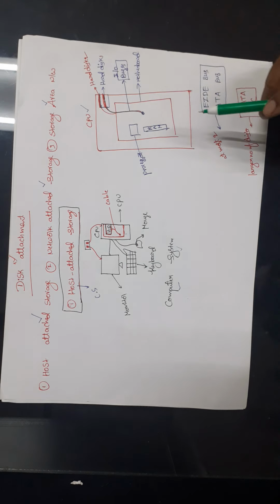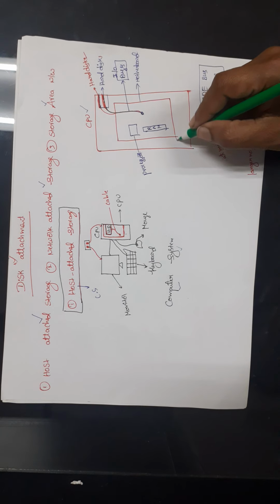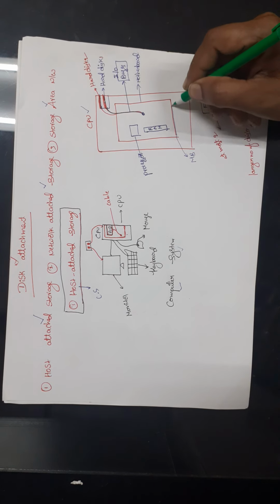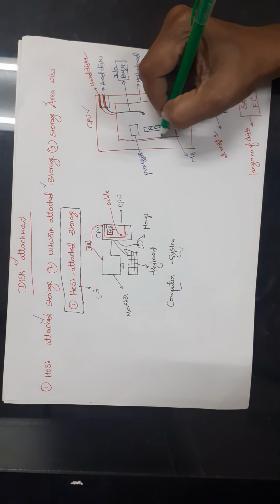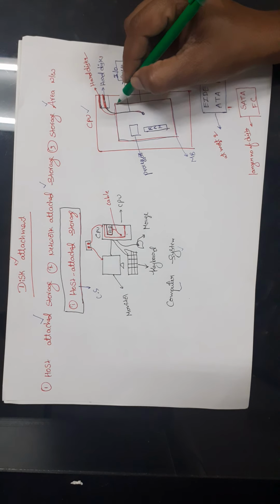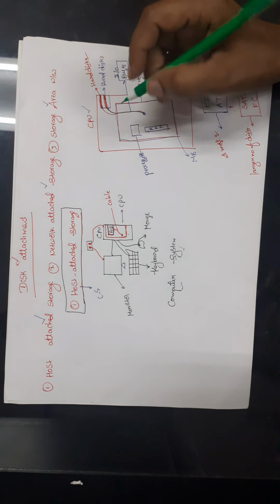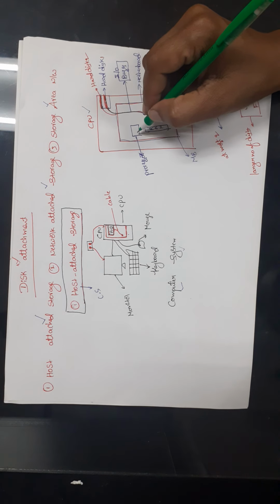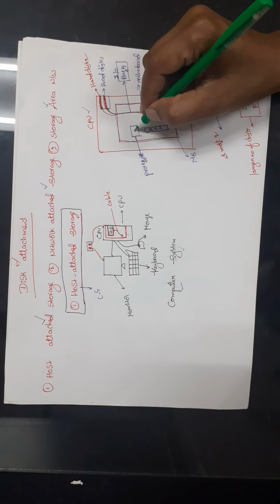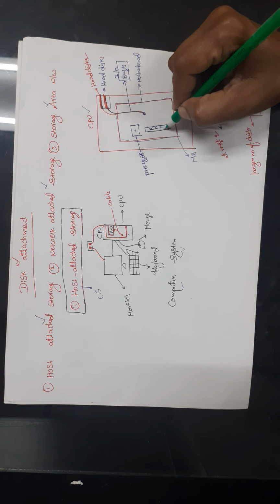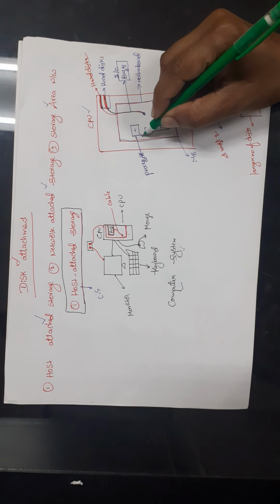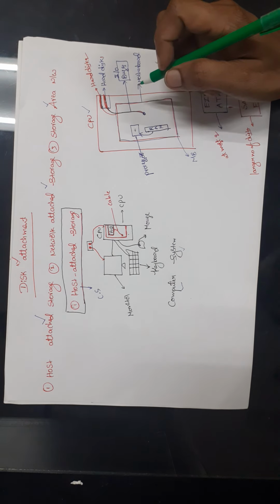So inside CPU, here we have the motherboard. Let us assume that this is the motherboard, placed inside the CPU. On the motherboard I have one processor. It actually performs all the operations. All the instructions are executed by this processor. And this is the RAM. We know that processor takes the data from the RAM, that means it can access the data from the RAM.